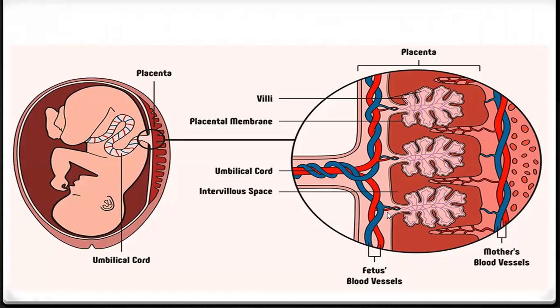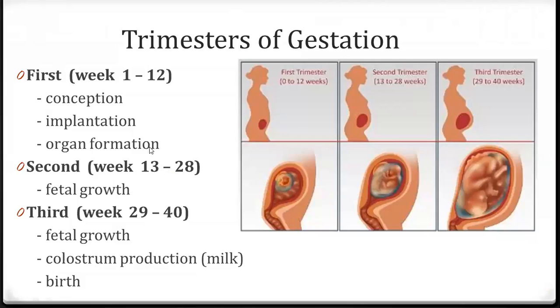So this is just a picture of the baby with its umbilical cord, and then the placenta. The umbilical cord is transferring the nutrients and the waste. Okay,